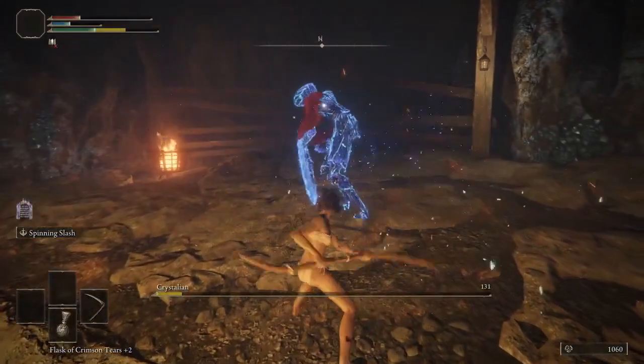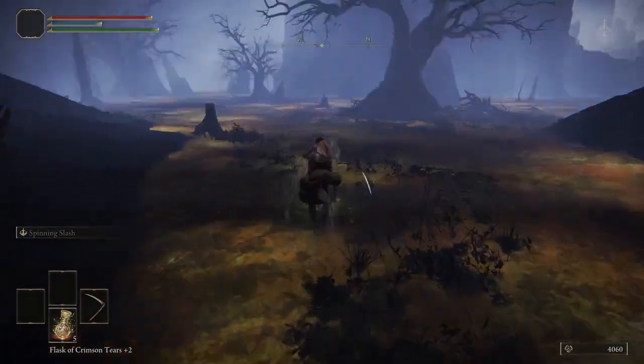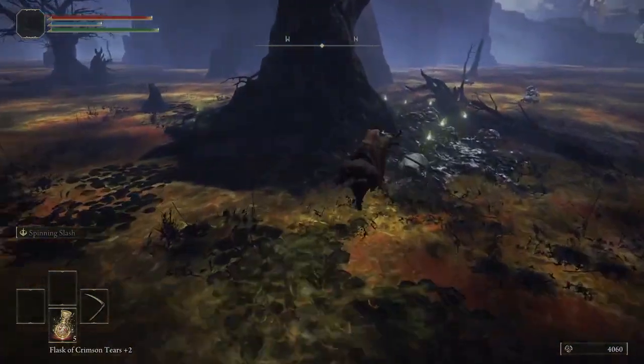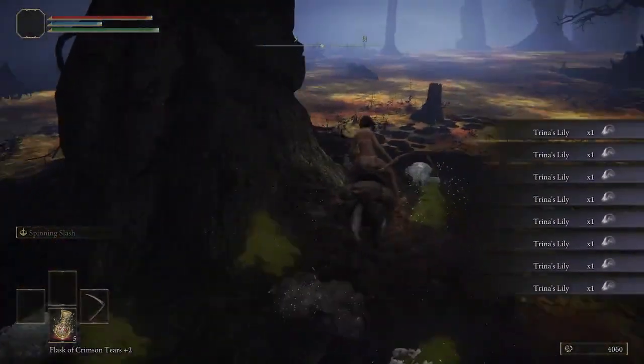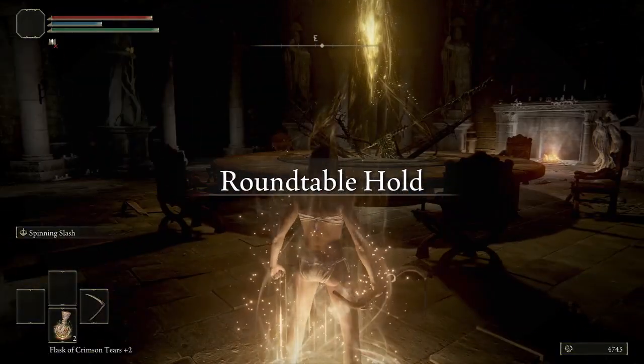Heading out of the catacomb, we head straight to the mines to get our bell bearing for smithing stones for the rest of the run. Then we go and get some more prep work done for the late game, picking up some St. Trina's Lily and the Haggletree half medallion. Then all we need to do is head to the round table and...